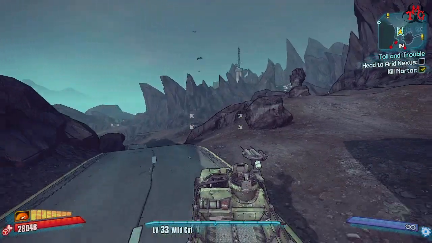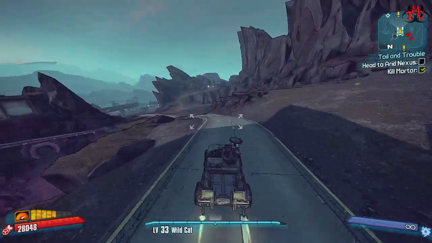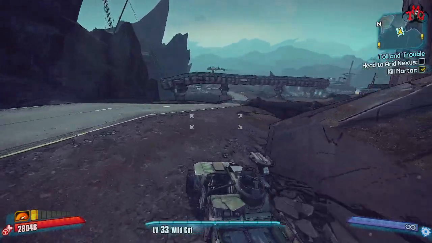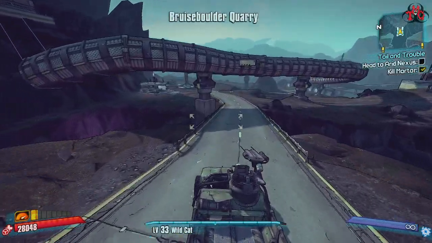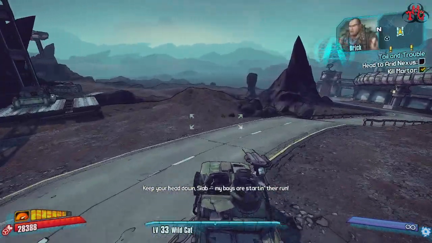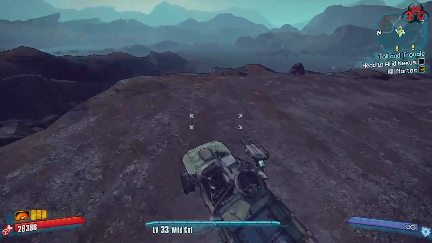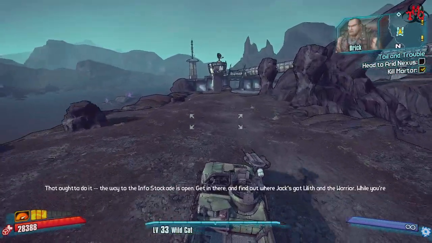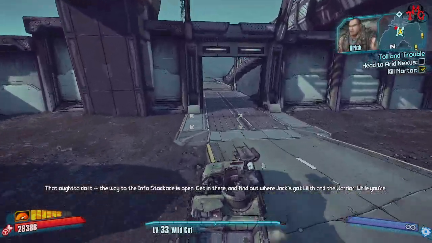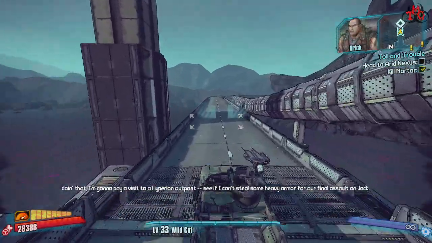King Mong. Nope, he's not over there. Perhaps he's over here. Keep your head down, Slab. My boys are starting their run. Nope. That ought to do it. The way to the info stockade is open. Get in there and find out where Jack's got Lilith and the Warrior. While you're doing that,